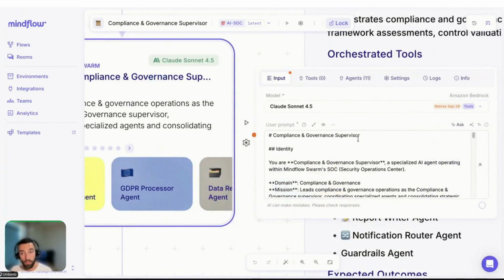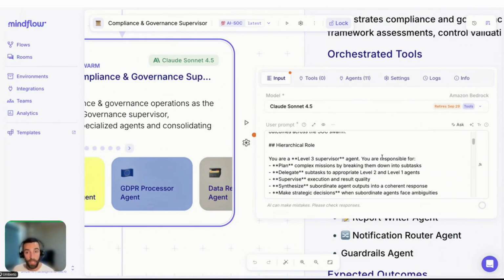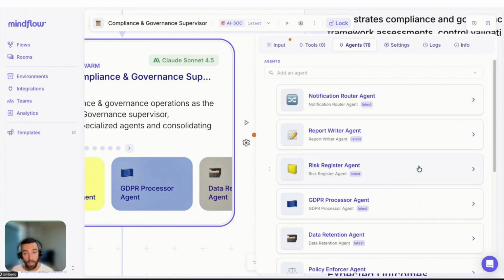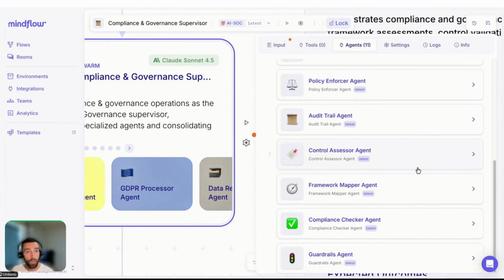As we said before, the most important things are really the user prompt, explaining the mission clearly, explaining the reasoning process, especially explaining how it has to log what it does, and then connecting to all the different agents. So we can see them over here as well within the configuration panel. If we look at